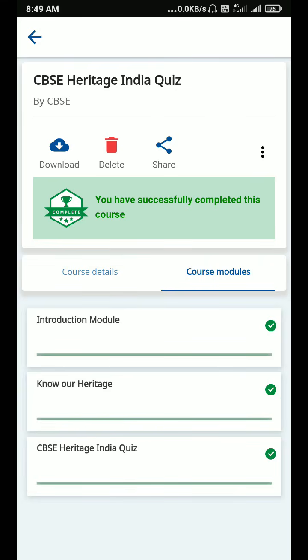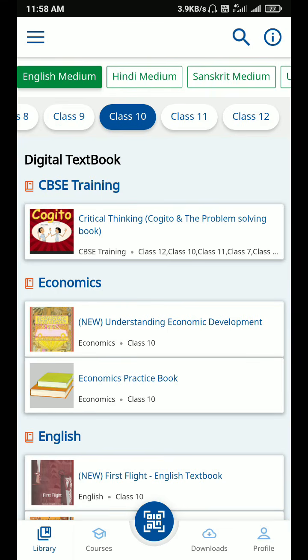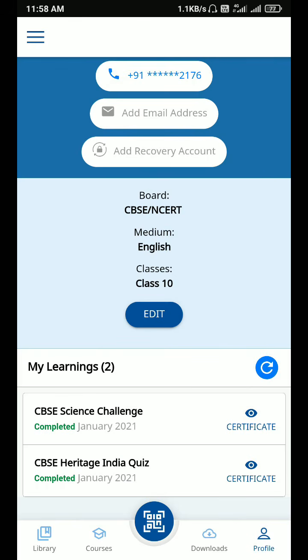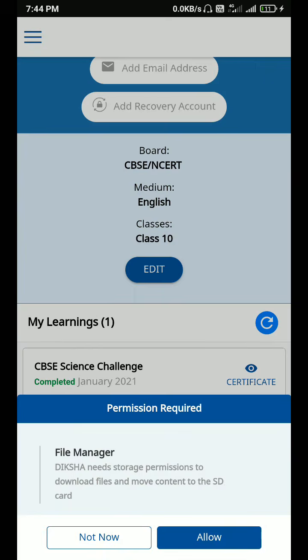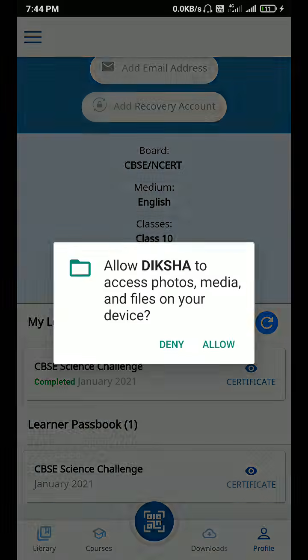Now I will explain how to download the participation e-certificate. Go to the dashboard. At the bottom of the dashboard, the profile option is there. Click the profile option. Then here the CBSE Heritage India Quiz certificate is available. Click that certificate. You have to click hello. This is your